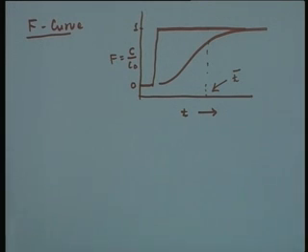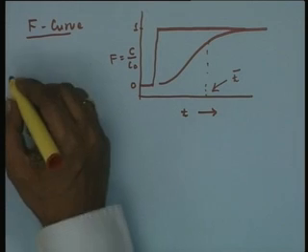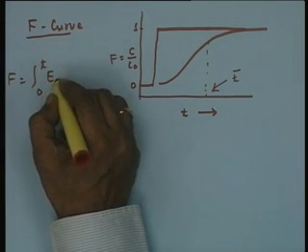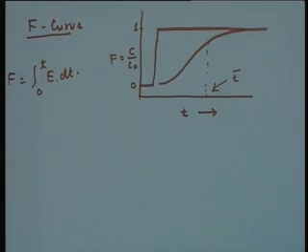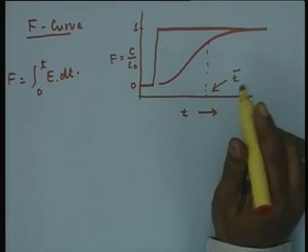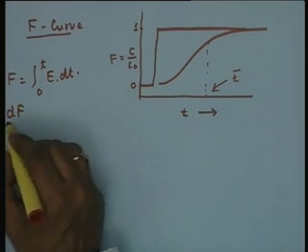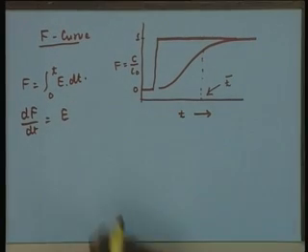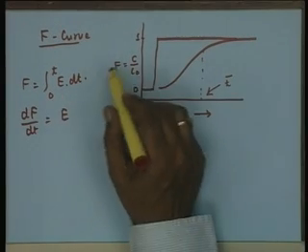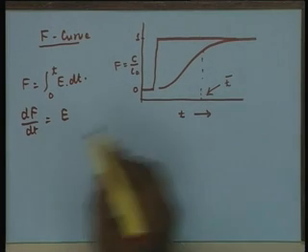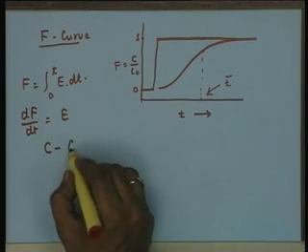And of course here F is equal to the integral from 0 to t of E dt, and obviously over a period of time this continues, and dF over dt is the exit age distribution. The differential of the function F, C upon C naught, is essentially E. On the other hand, the response of a